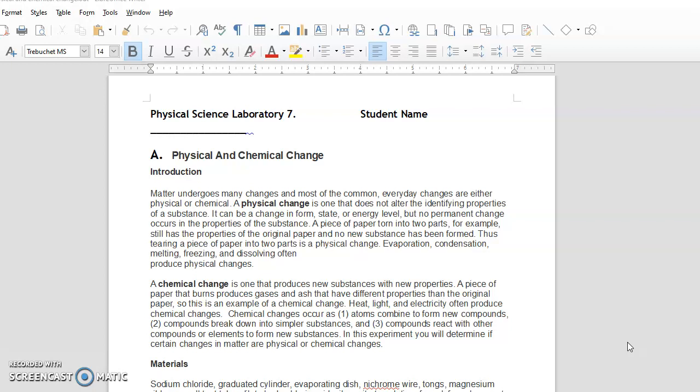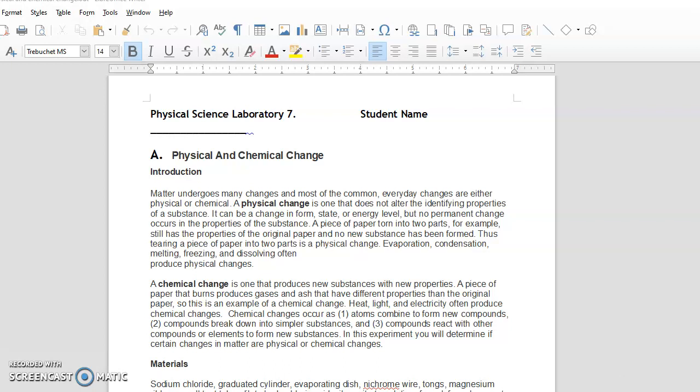Also, if you see the evolution of bubbles, that means a gas is being formed, and therefore a reaction has taken place. So, chemical changes occur when atoms combine to form new compounds, compounds break down into simpler substances, or compounds react with other compounds to form completely new substances. So what we're going to do, or try to do here, is just to check out your understanding of these